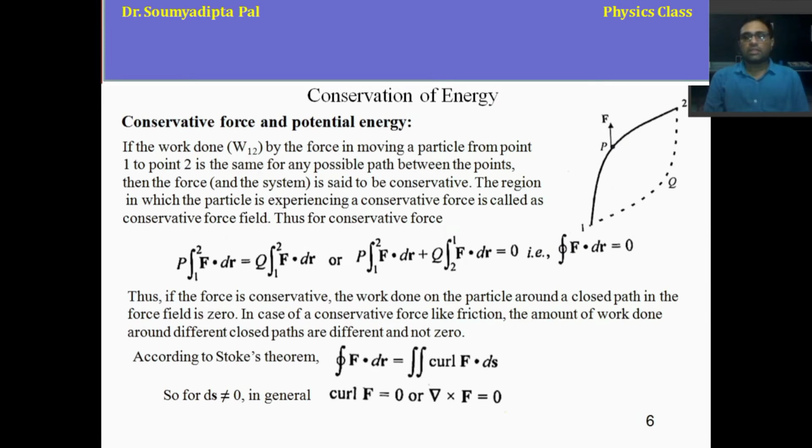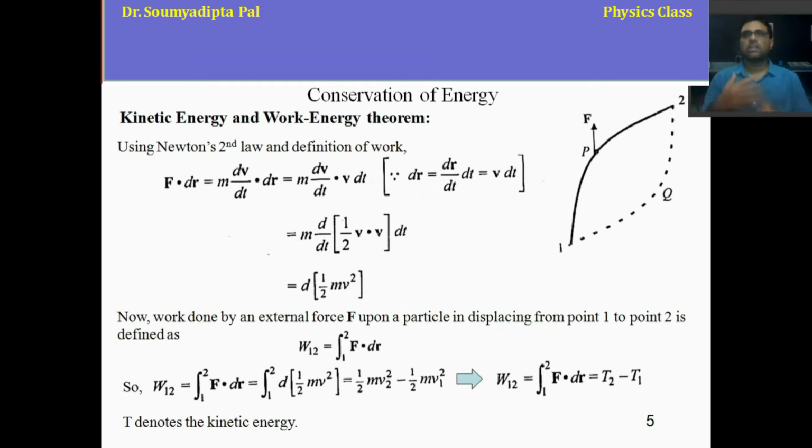Now let's understand the potential energy. When we talk about potential energy, we have to consider that the force is conservative. In the previous case, where the change of kinetic energy is the work done, it need not be mentioned whether the force we are applying is conservative or non-conservative. For any type of force, this theorem is valid, meaning the change of kinetic energy gives us the value of the work done.